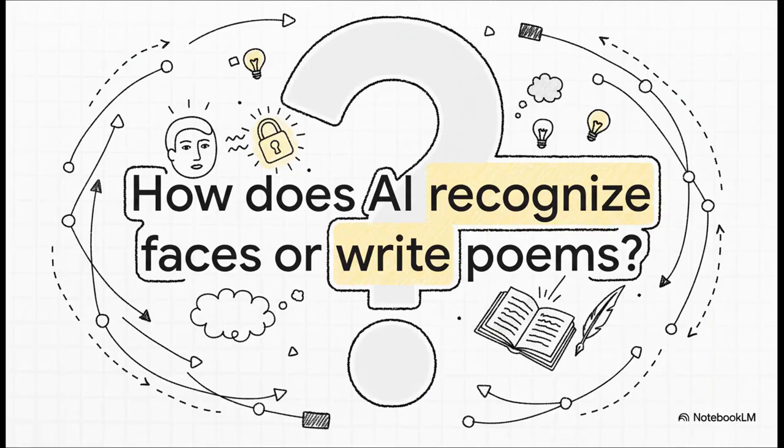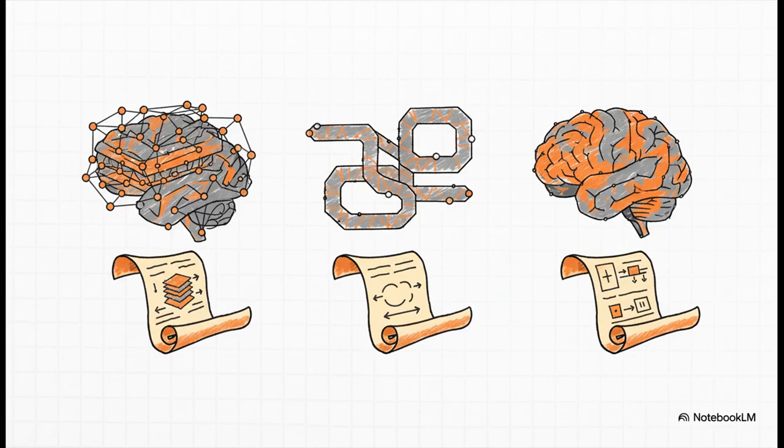I mean, it really does feel like magic, doesn't it? You hold up your phone, it unlocks in a split second. You ask a chatbot a crazy question, and it spits out a perfectly coherent poem. How on earth does that actually happen? Well, the secret here isn't some single all-powerful program. It's more like a collection of specialized digital brains. We call them neural networks, and each one is built from a unique blueprint, making it perfectly suited for a